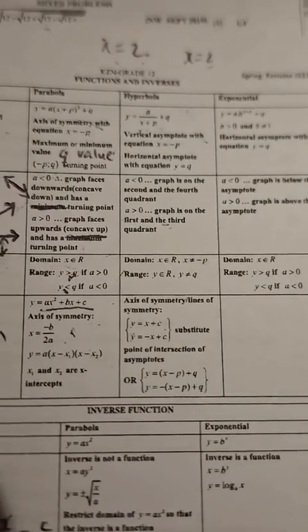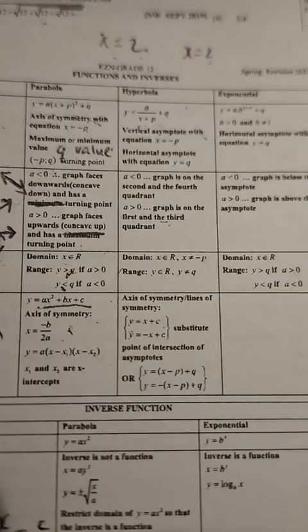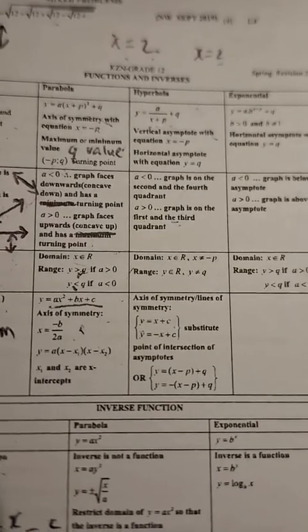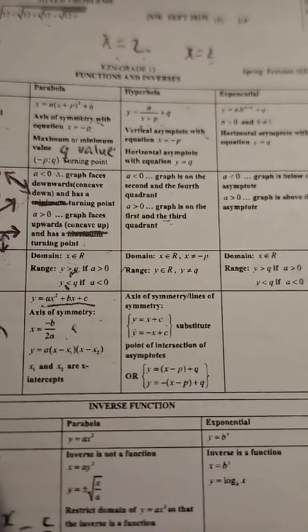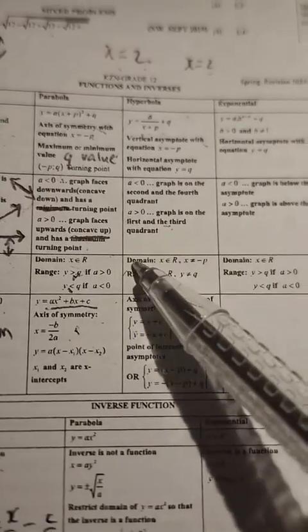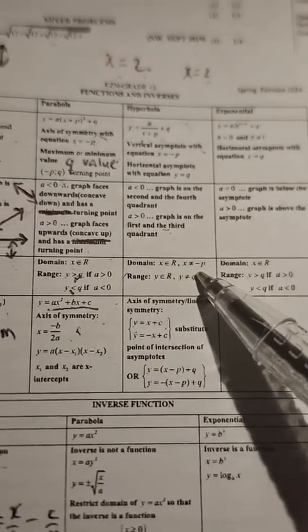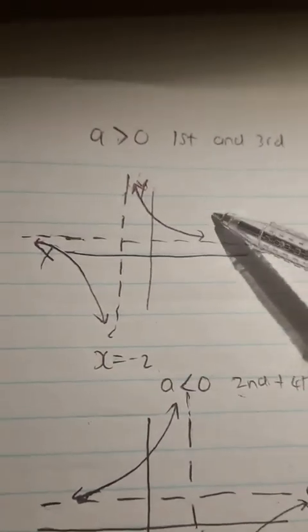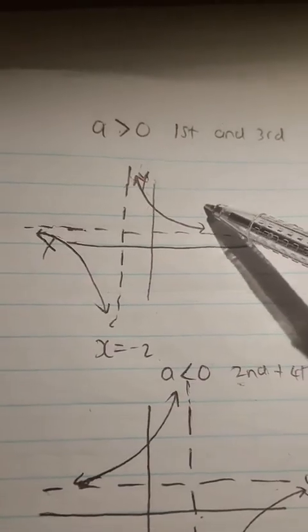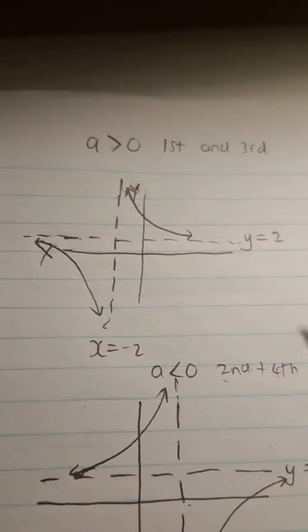It's the possible x values where our function exists. The possible x values where the function exists. So if you look at these two functions that I've drawn here, these hyperbolas, both of them, when we look at the domain,